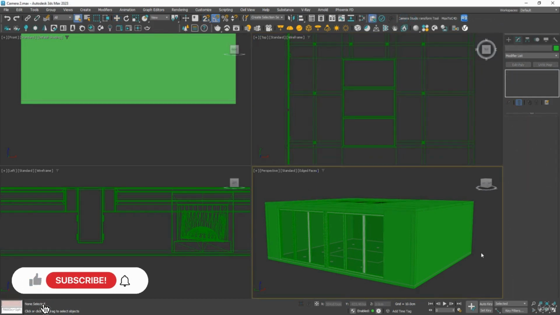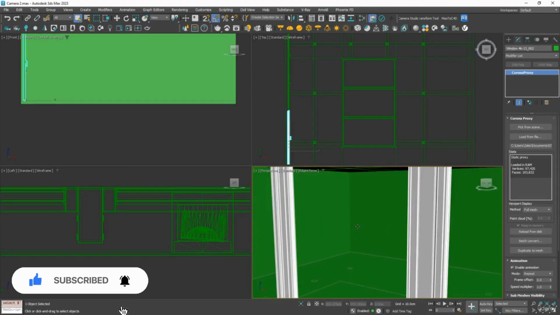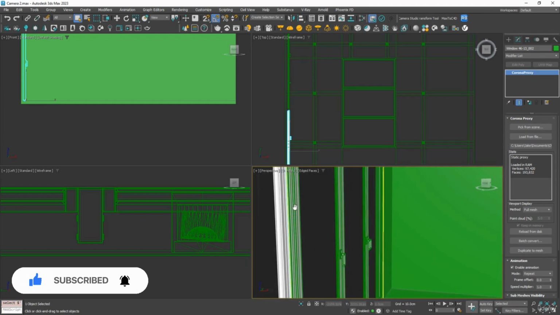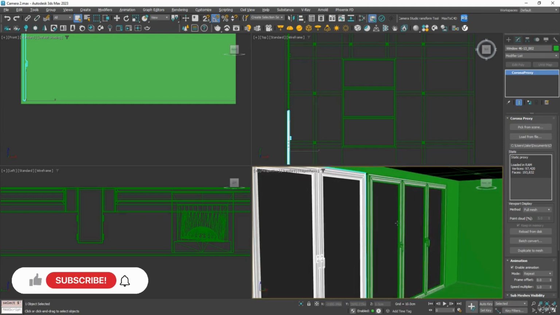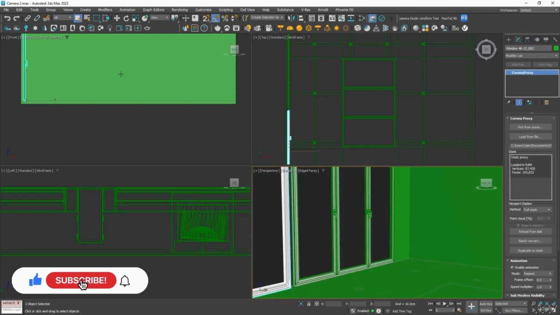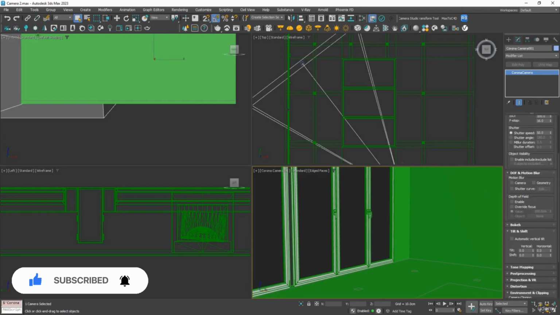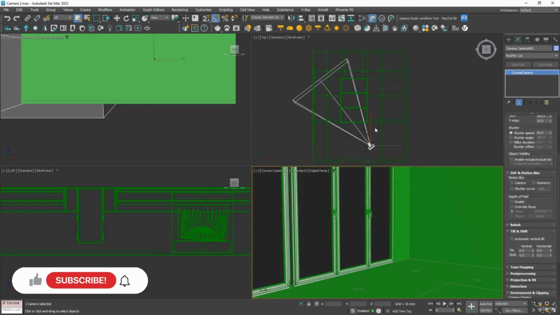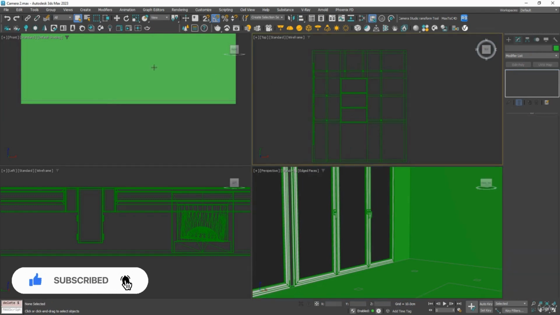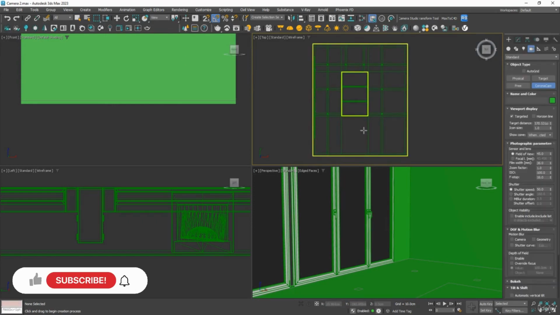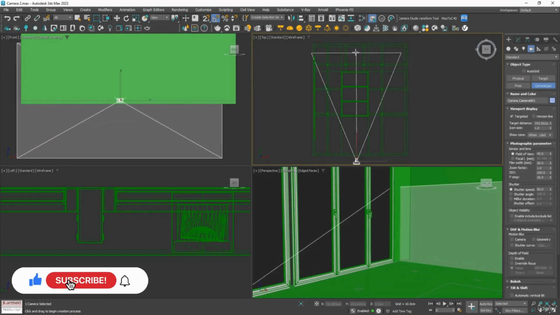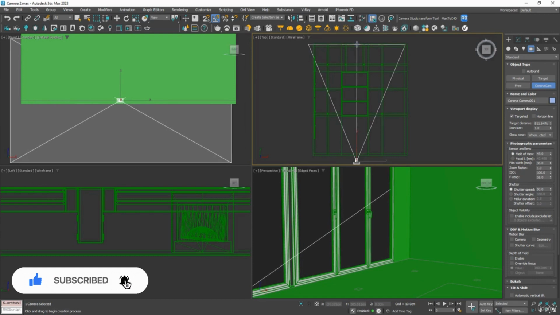All right, next up, we're going to want to add some cameras, and there's 2 ways we can do this. If we're in our perspective view and we want to zoom in and position our camera somewhere, we can go to create Corona camera from view, and if we click that, notice in the top view we've created a camera. But as soon as we have a camera in mind, we can delete that and we can actually go to create Corona camera, and then in the top view I'm just going to click and drag and position our camera